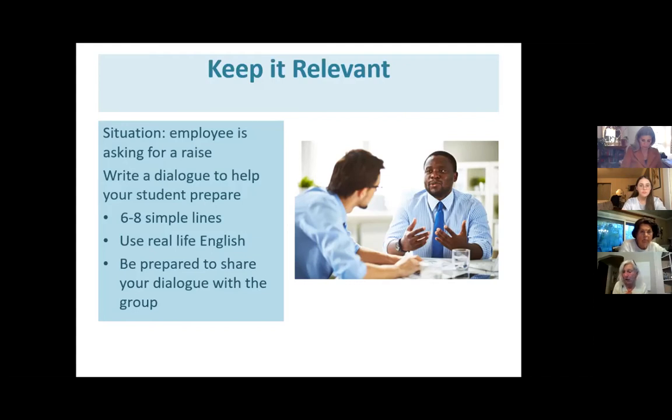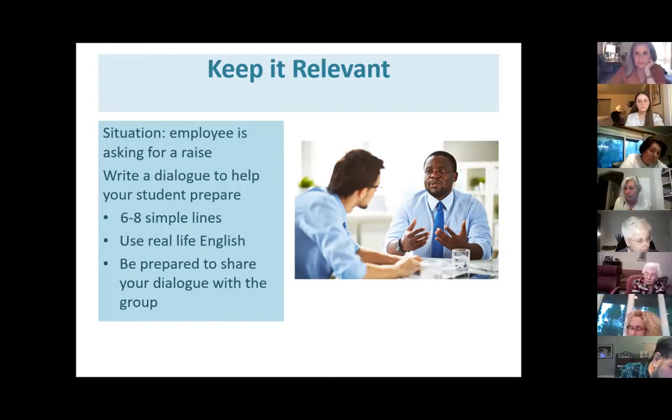Keep in mind the dialogue is for ESL students. They don't have a great command of the language, so try to keep your sentences short and your language simple. I'll give you about 5 minutes to write the dialogue, and then you'll be notified that the breakout room is ending, and you'll have about 60 seconds from that point to wrap up before you are brought back to the group. When you return, I'll ask 2 people to present their dialogue. What questions can I answer before we do this?